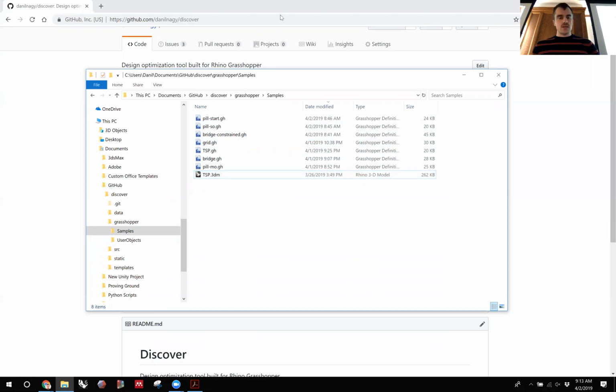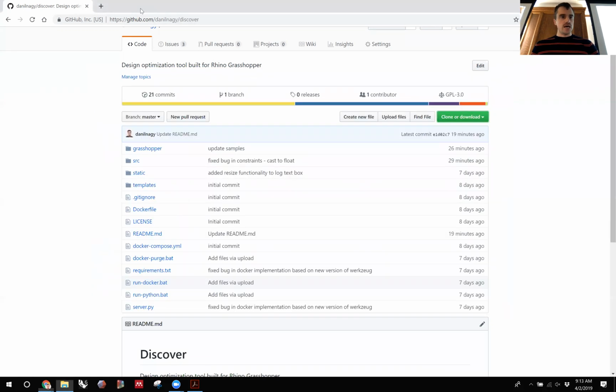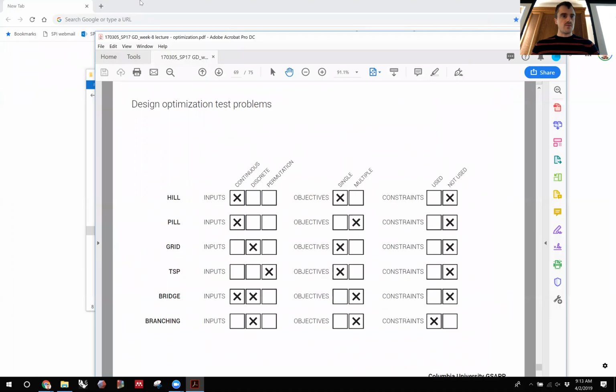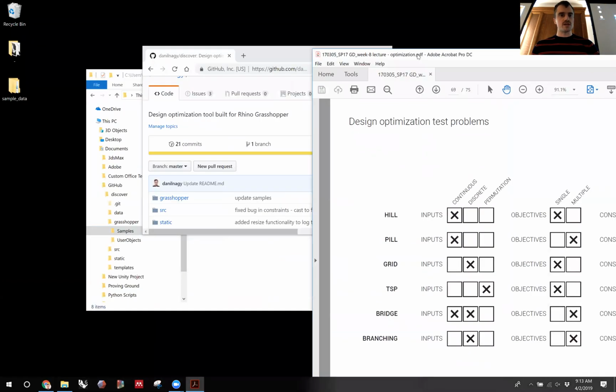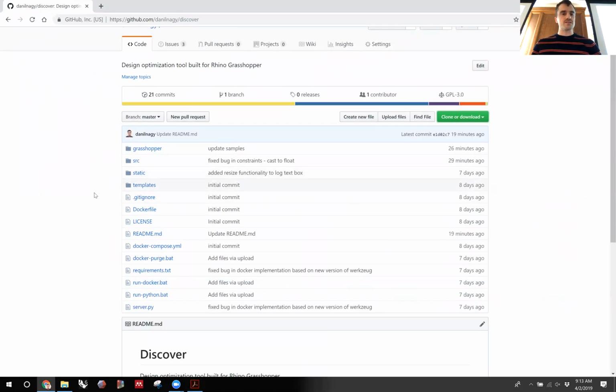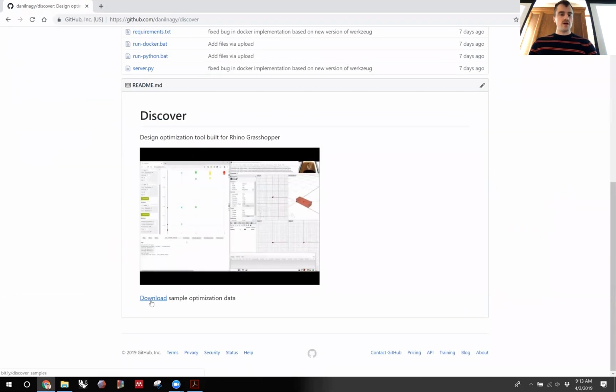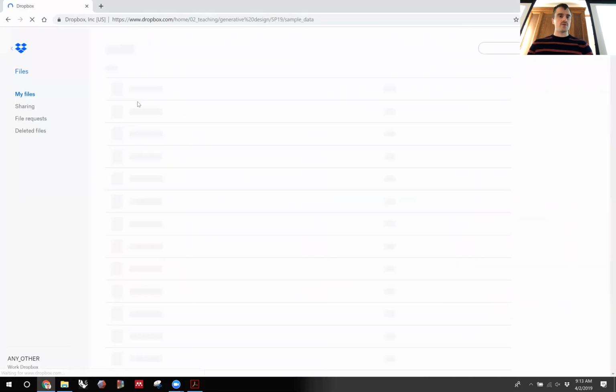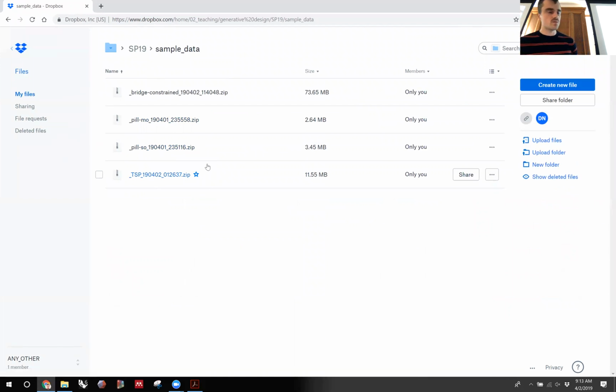In addition, as I'm running these test cases on the new version, I'm saving out a couple of the test runs so you can see, and we'll take a look at these today probably, basically examples of data output or optimization data sets. And those are too big to sync with GitHub, but I have a link here to download sample optimization data. You can open it